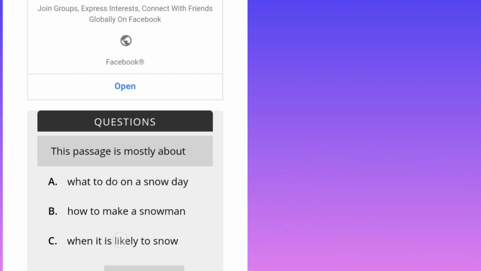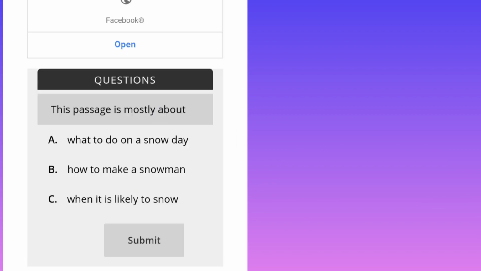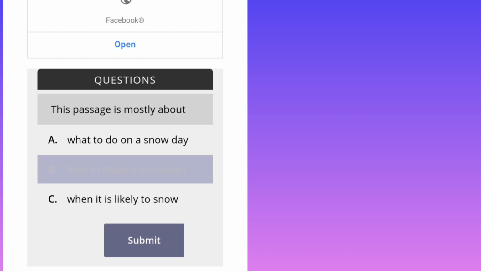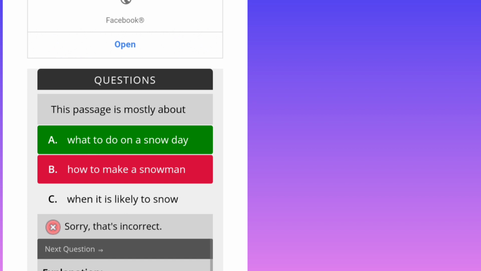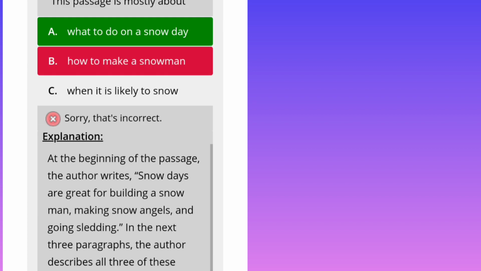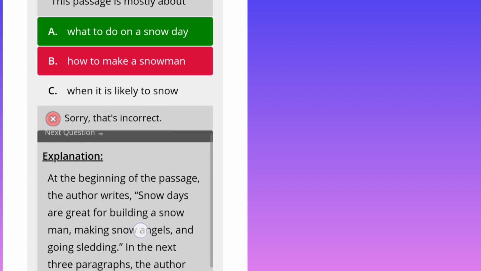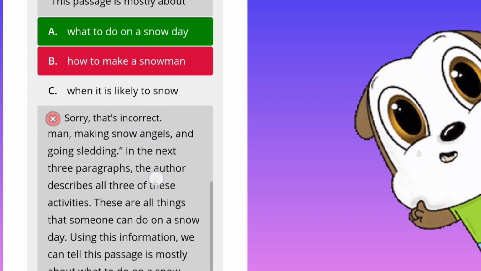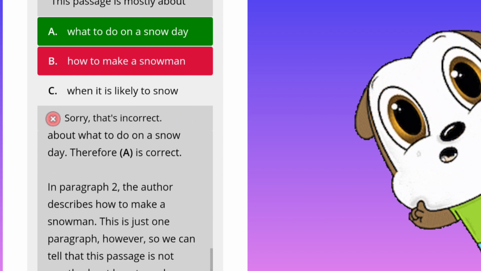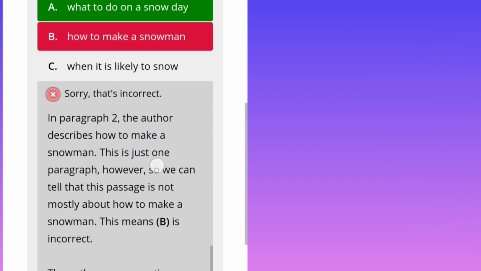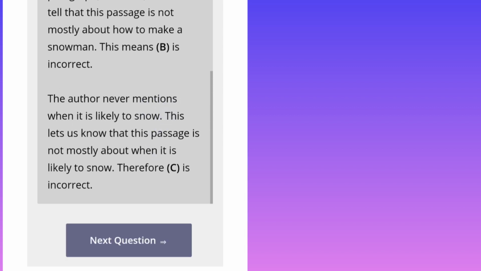We'll click on next question and the question will be again from the same passage. Let's suppose B can be the answer. This time it's incorrect. Definitely I will not get any knowledge point. Here we have received an explanation that will help us to understand why the answer is incorrect. It will definitely help us to comprehend the passage well.